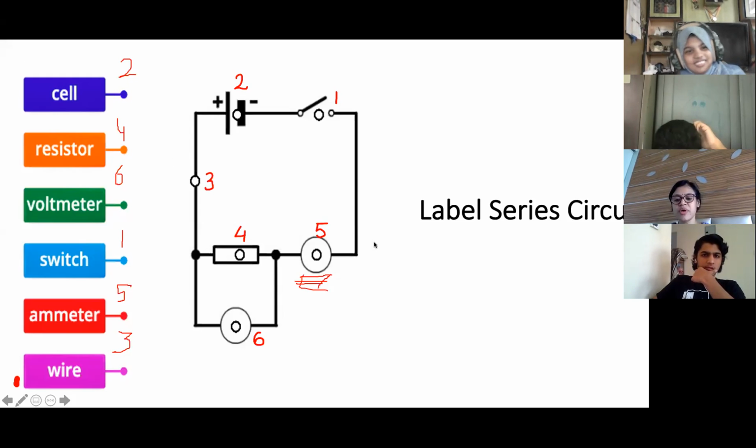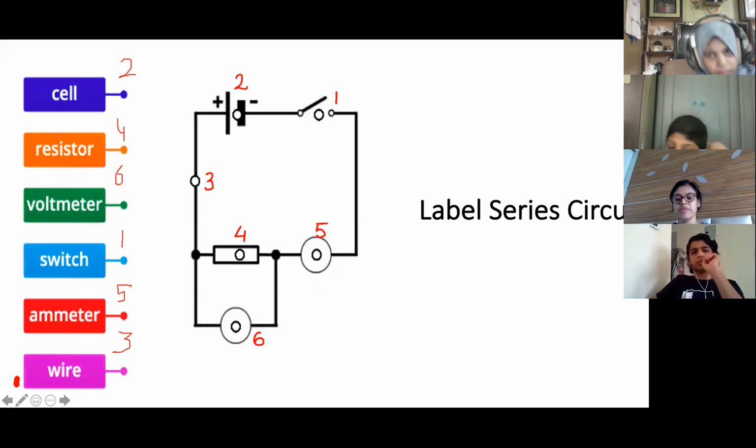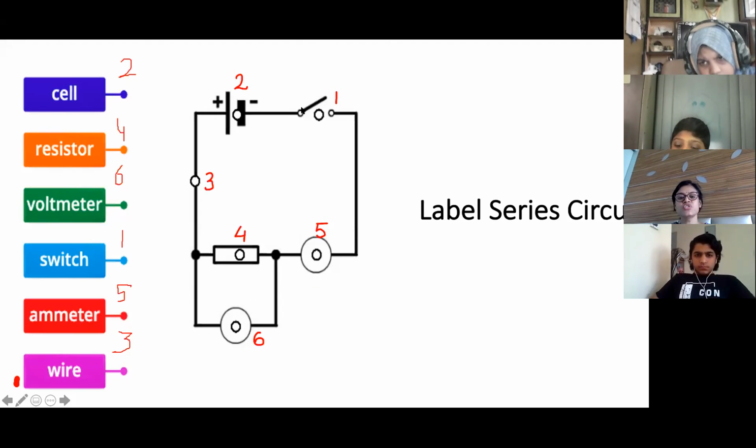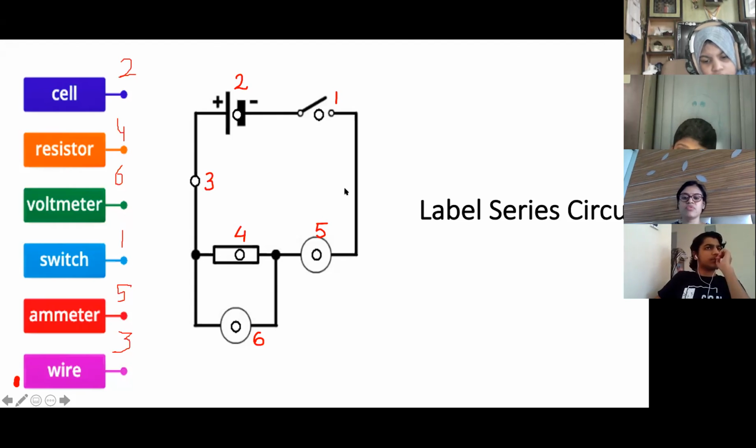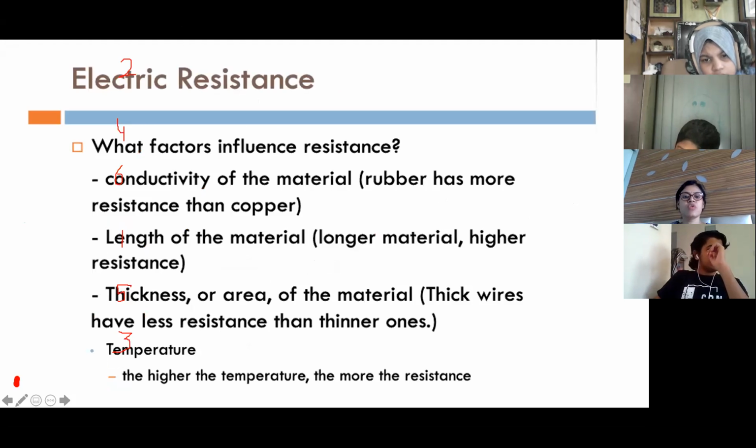So you have to remember that voltmeter is connected in parallel and ammeter is connected in series. Always remember that. So whenever labeling is given, you have to understand that way only. And you know the switch is like this, and this is a cell, and this is wire. 3 number is wire. Circle circle means you have to label this point, so that is why circle circle is given over here. Okay, so now we were doing resistance in the previous class.